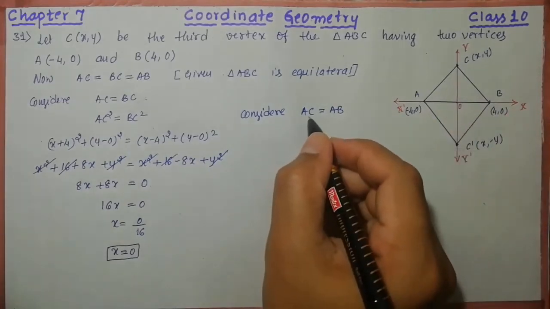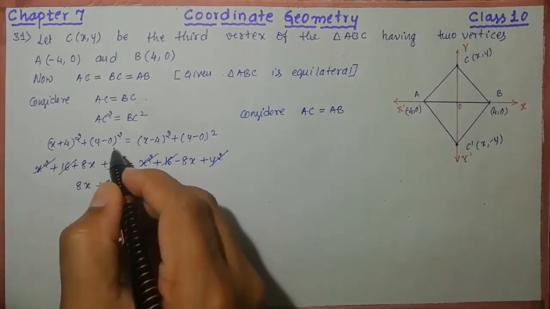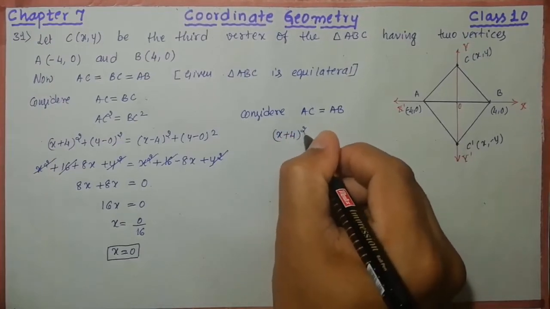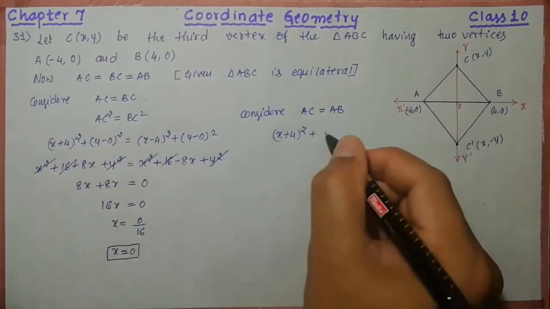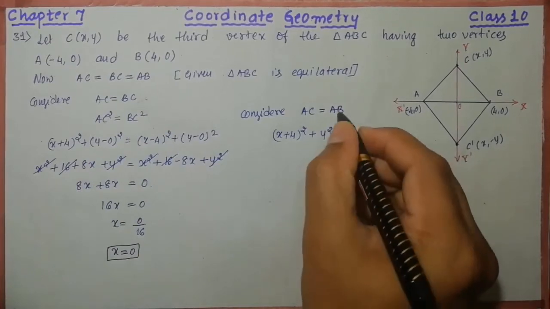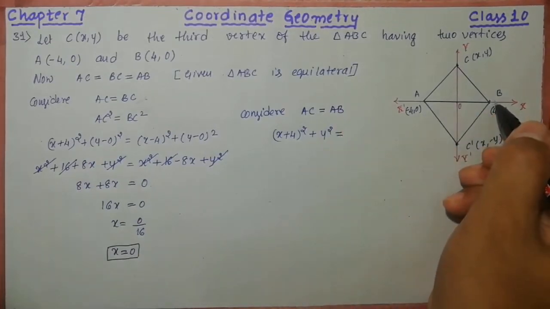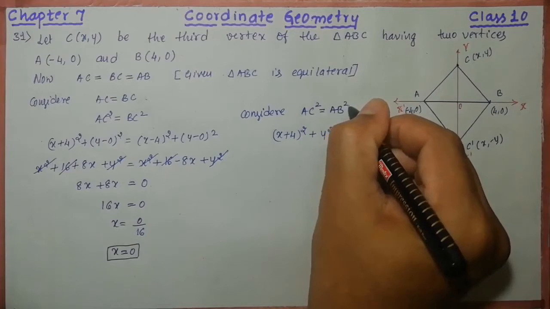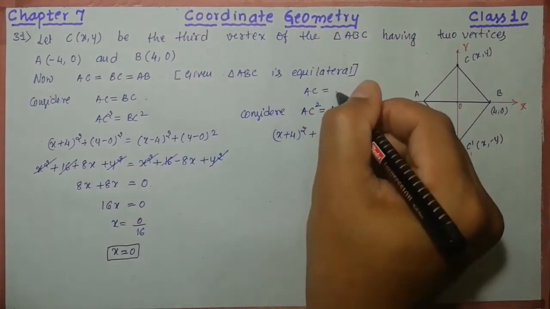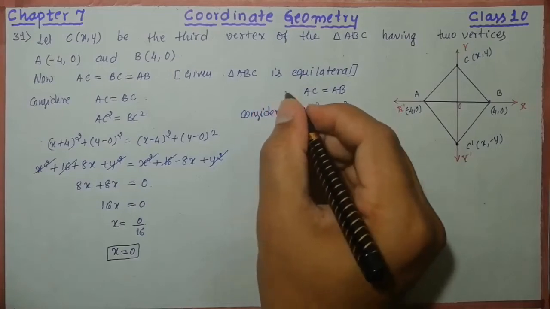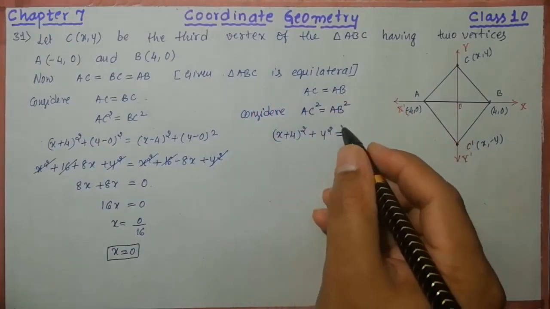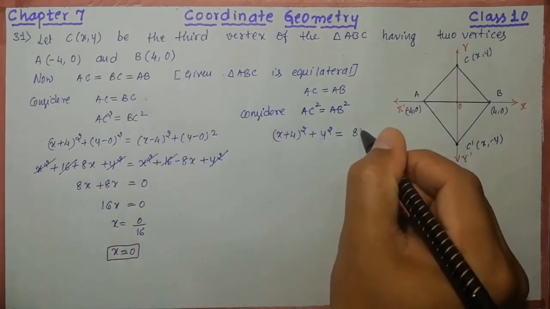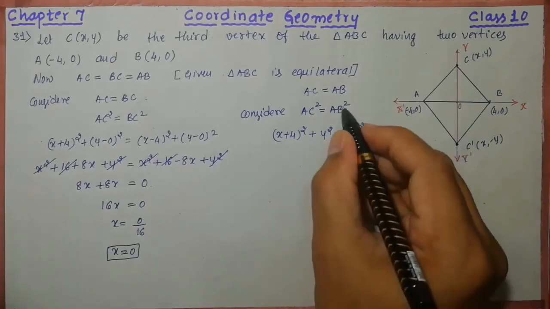I'm going to take AC, already calculated. You will get like this. So I'm going to write down just by seeing here: x plus 4 whole square, and then plus y minus 0 whole square, means just y square, which is equal to AB, means already I told you, you will get 8. I think I forgot to apply the square root actually. AC square, AB square, before this you have to write AC is equal to AB. Remember, after writing consider, write this one, then this one, and then this one. AB, if you apply the distance formula, you will get AB is equal to 8. It will become 8 square. AB is equal to 8, square is there, so that's why square.